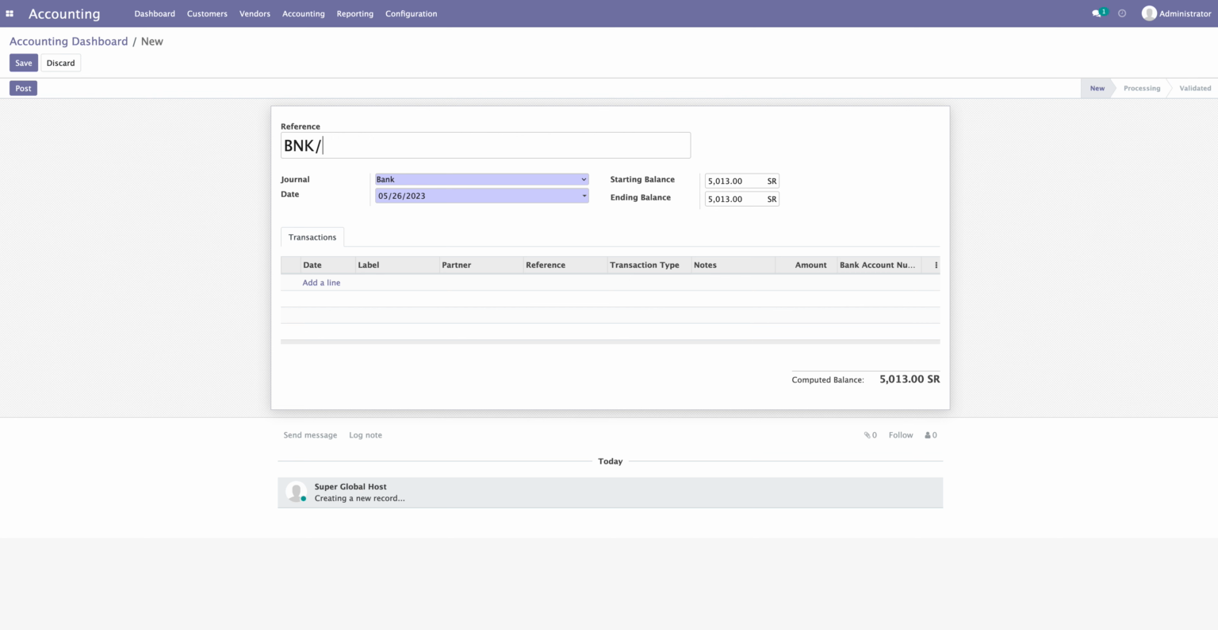For internal transfer, maybe we do not have any invoice or bills, so there is only a bank statement. There we set the number, and we set one amount, for example 30. So this is the ending balance. We post this one